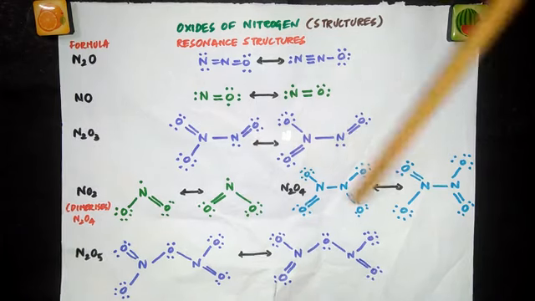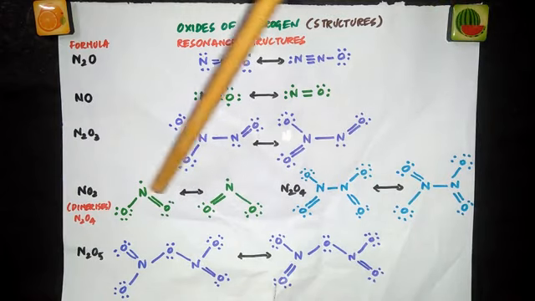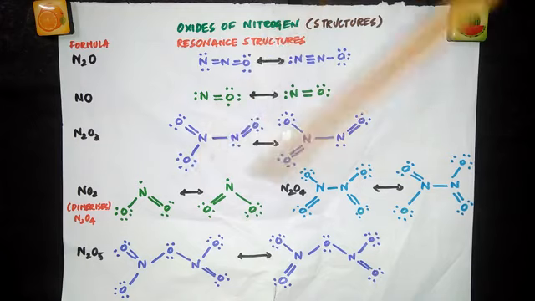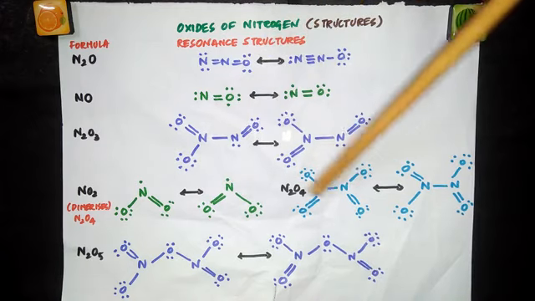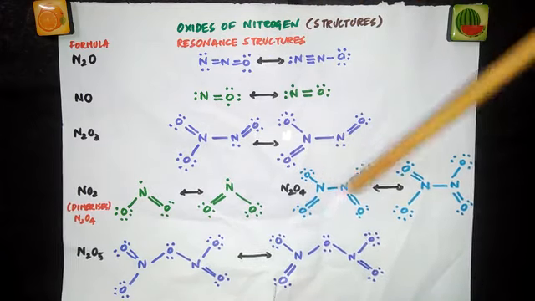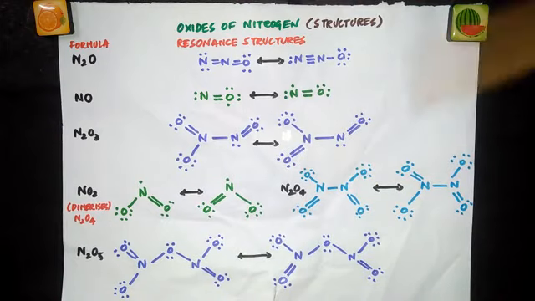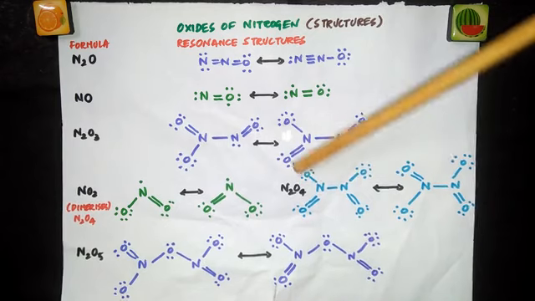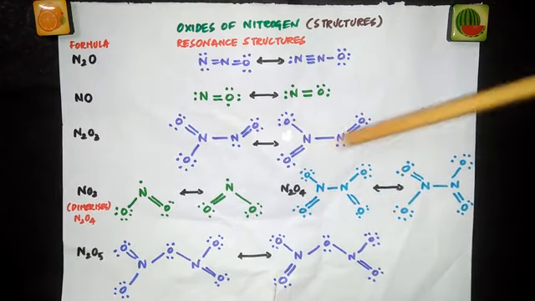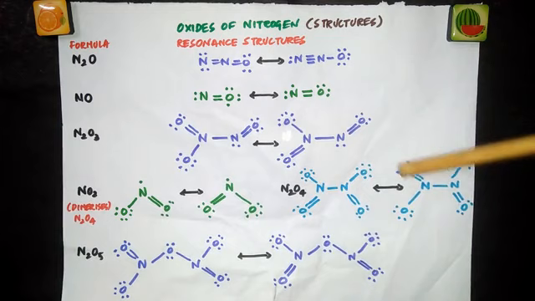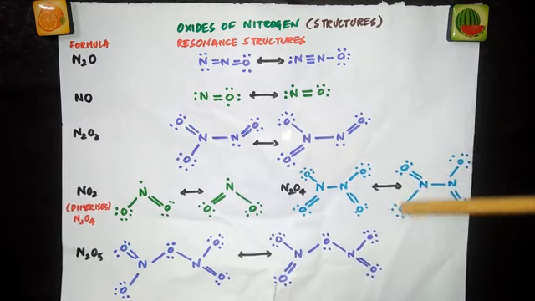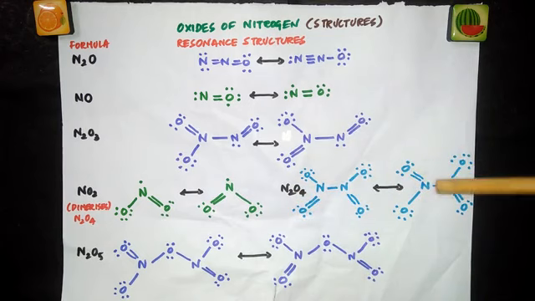And this is N2O4. Look at this, N2O4, the dimerized form of NO2. This nitrogen and this nitrogen will bond to give you N2O4, and these two are the resonance structures of N2O4. Look here, nitrogen is bonded to oxygen with a single bond, here a double bond. But in the resonance structure, this nitrogen is bonded to this oxygen with a double bond, here with a single bond. So the positions of the electrons are different. That's why we call them resonating structures.